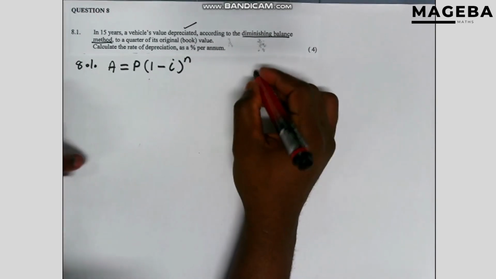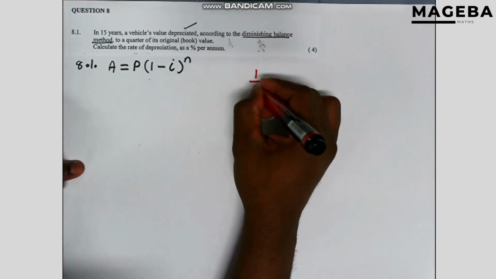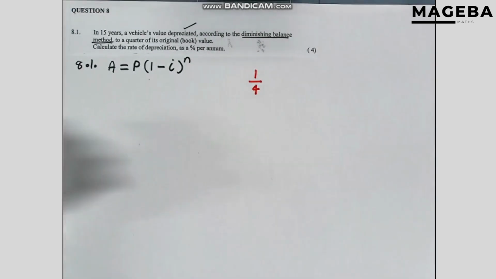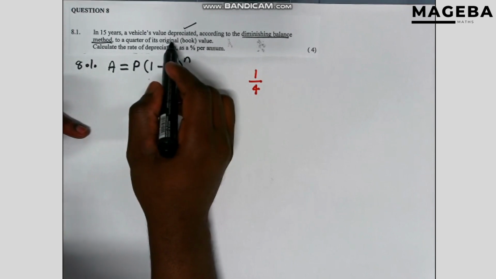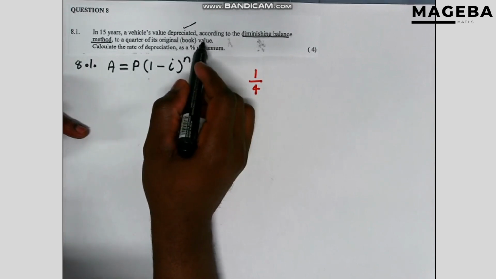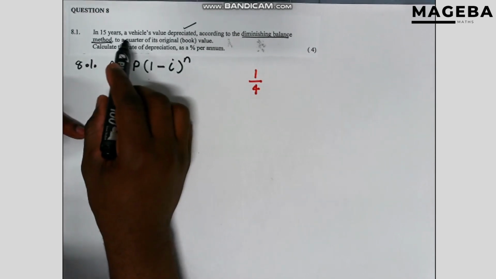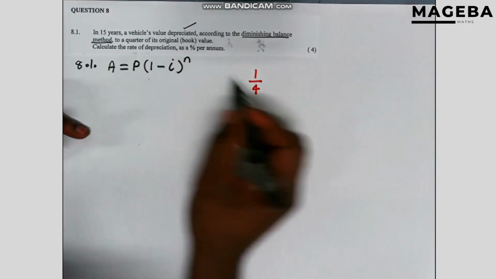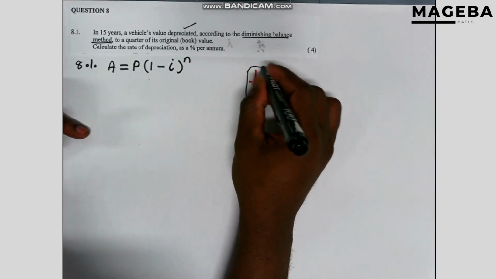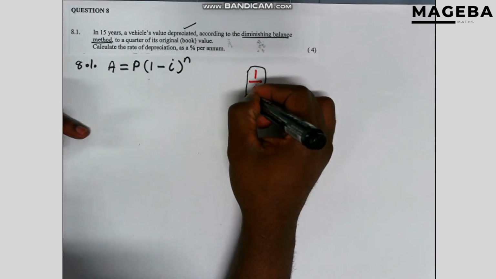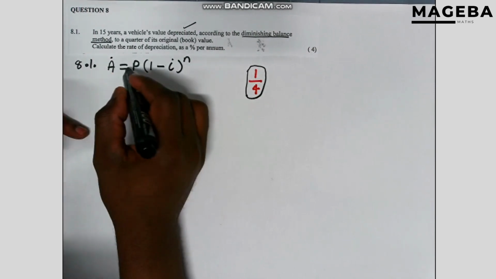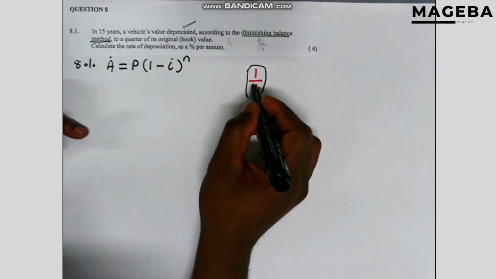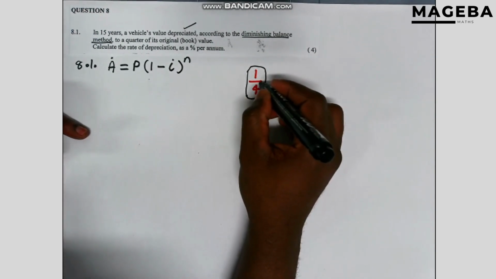A quarter is 1 over 4. It's diminishing to a quarter of its original value, meaning a quarter is something that is going to happen after. So it's the accumulated value, the money that is going to diminish to a quarter, meaning 1 over 4